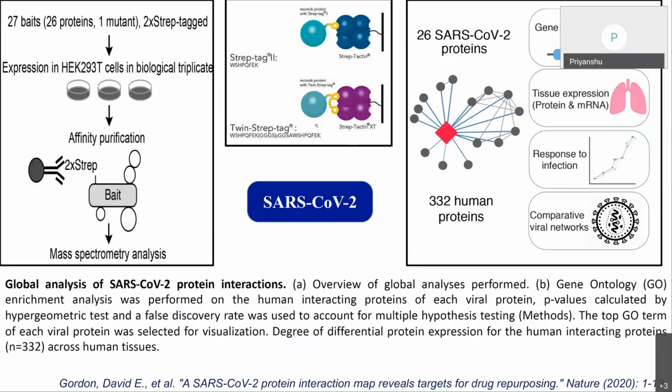In that case, this centrifugal force sometimes causes a problem, decreasing the detection of weak protein interactions. Sometimes two proteins are interacting very weakly, so in the centrifugation process they completely dissociate, and in that case you cannot get those weak factors. So these are the advantages of twin streptavidin tags. This is a completely magnetic stand based way. That's all.